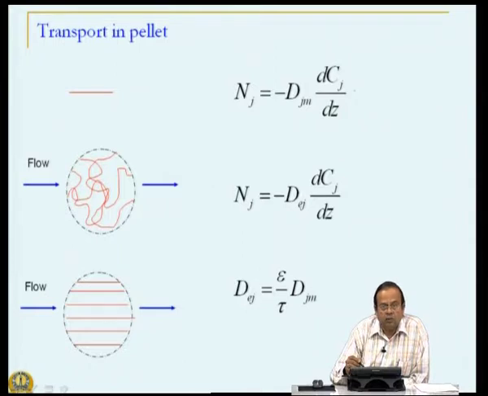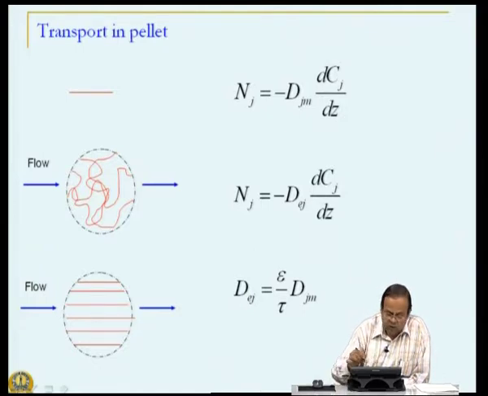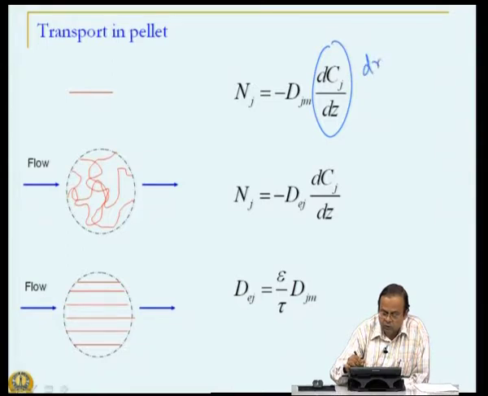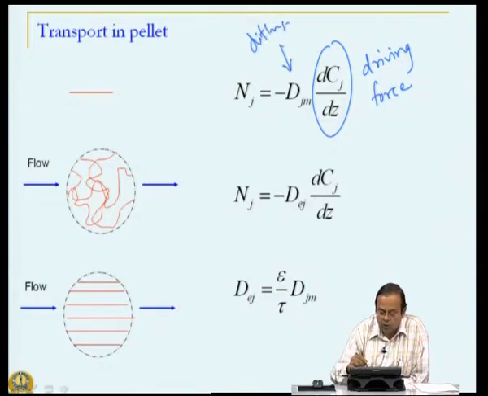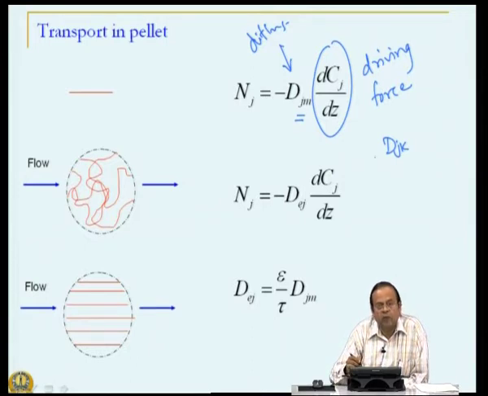we can write the flux Nj as minus DJm dCj/dZ. That is, this is the driving force and this is the diffusion coefficient. Notice here we use DJm because we do not have binary components always. So, we do not have diffusion coefficient DJK, where J and K are two elements, but we saw earlier there is a relationship and an equivalent effective diffusion is defined in a mixture. So, J in a mixture.